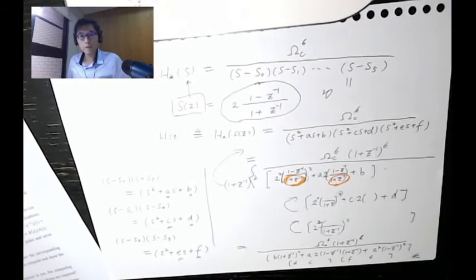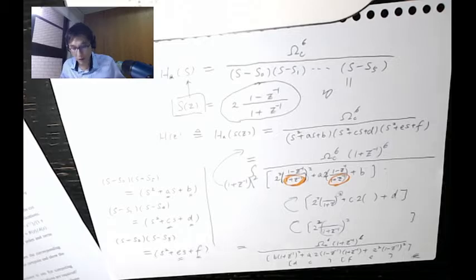By the way, the TA will announce the solution. So he managed to figure out all the coefficients somehow. We thank him for doing that. So that's part B: 6 poles and 6 zeros.